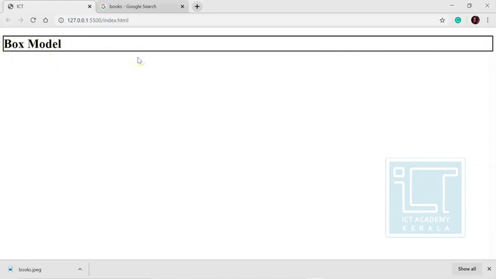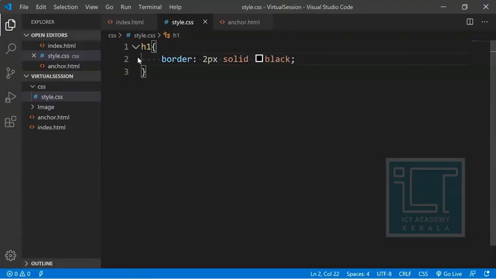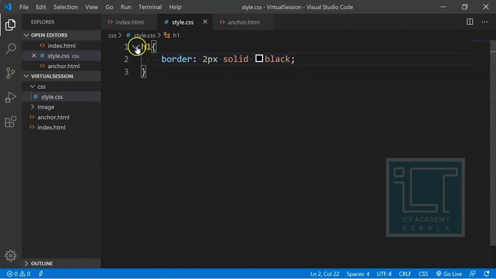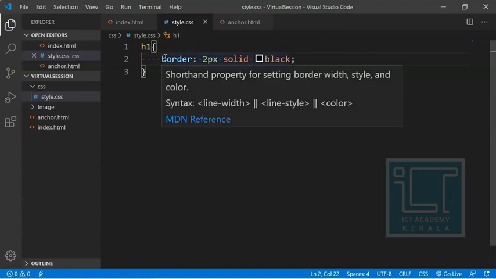Basically all the contents in our website or in HTML content will have an invisible border that we cannot see. It is kept hidden by default, or maybe its color is white or something. So in order to see that, we can give a border, and we can call that particular element by its name in the external style sheet, or you can directly give it inline or whatever.